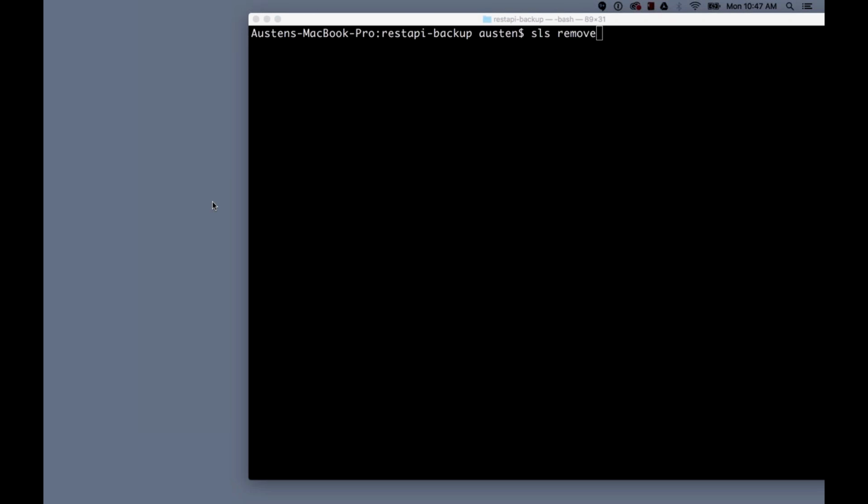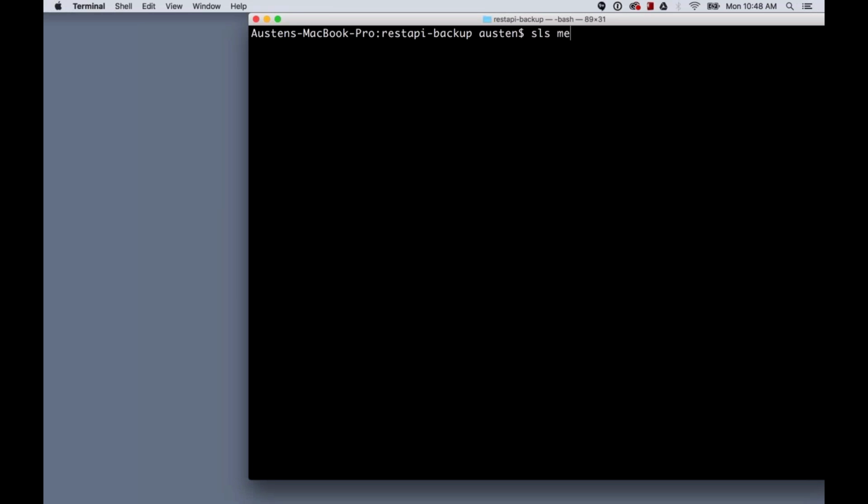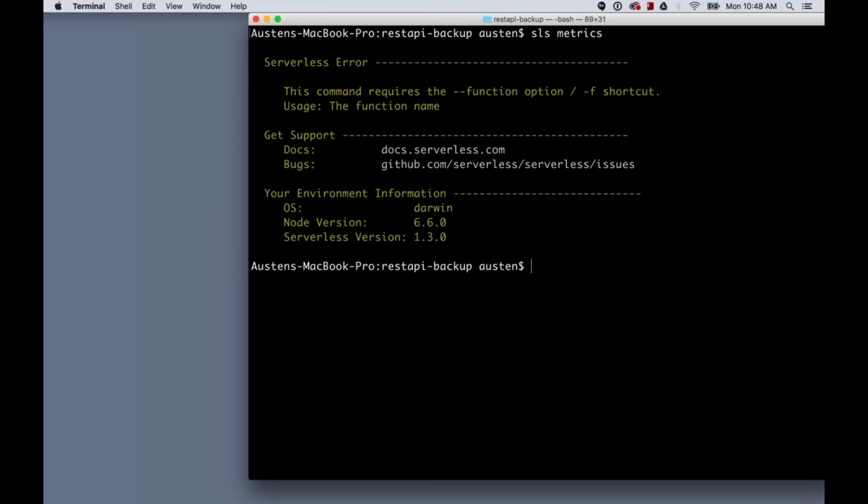I mean, it's not that complicated. You just look at the memory size of your Lambda functions. You run some tests and look at the average duration of your code. Again, use serverless metrics to help you through that. So this will give you some basic information. Whoops, serverless metrics. Hello.